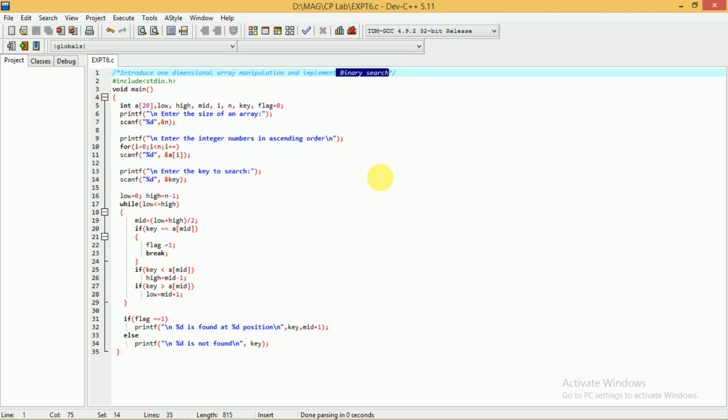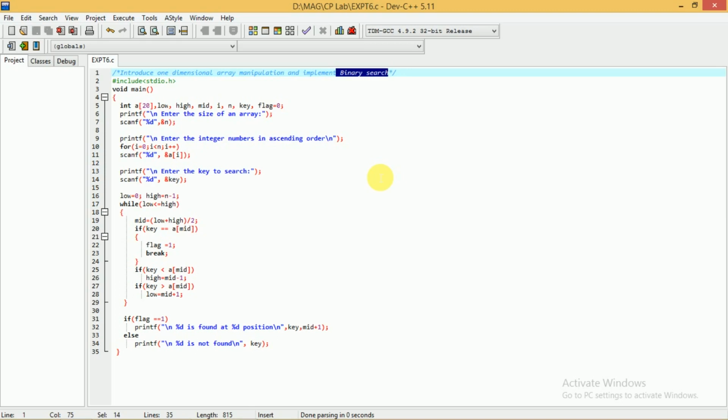In the binary search technique, we know that all the elements are sorted in ascending order, which means the lowest element will be at the beginning and the highest element at the end. First, we have to find the middle element of the list.